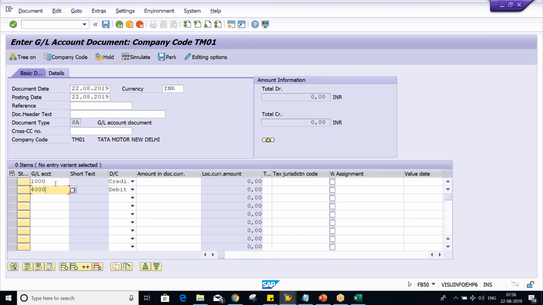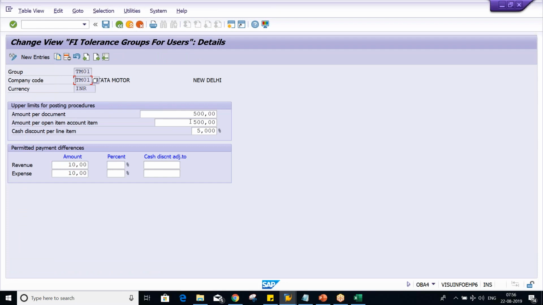So let's suppose, these are the two GL numbers, guys. This is the bank GL number and this is the rent GL number. Okay, your bank account is going to be credited and your rent account is going to be debited. How much amount? Let's suppose I have given 500. I have given a limit of 500. It means